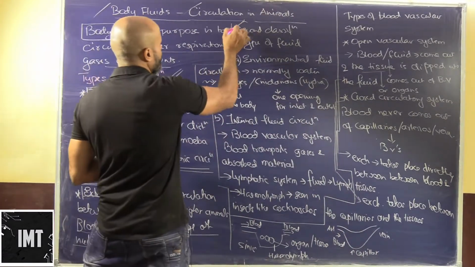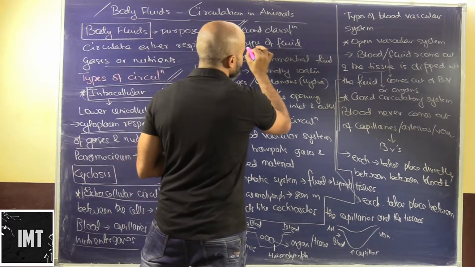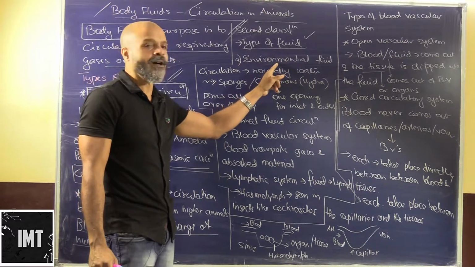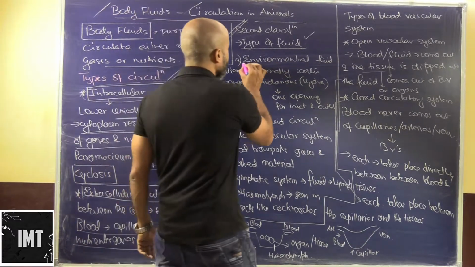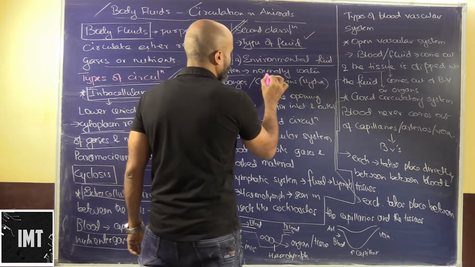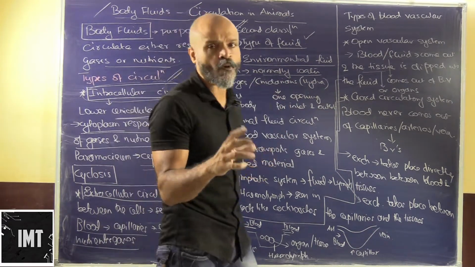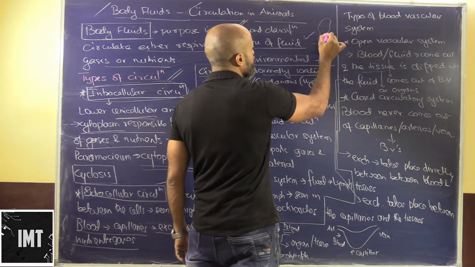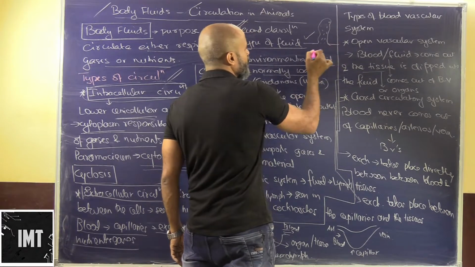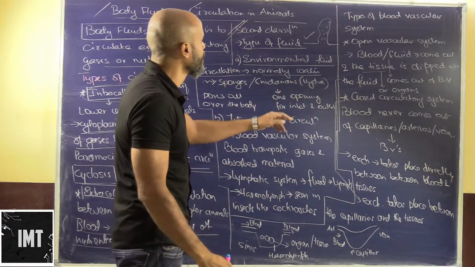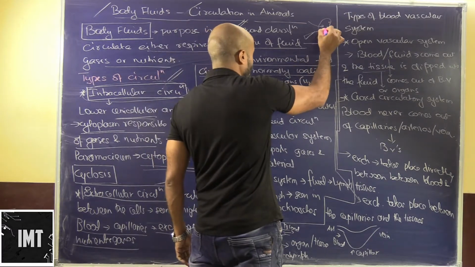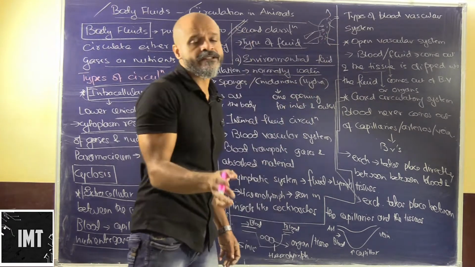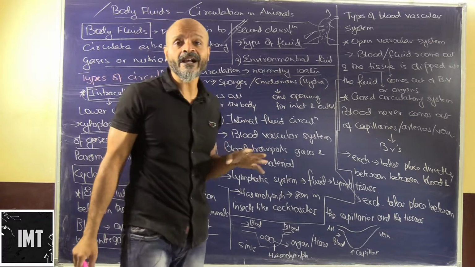The other type of classification for circulation is what type of fluid is basically taking part. What type of fluid is taking part in this kind of transport? So one, we have environmental fluid. Okay, we have seen sponges. What happens with sponges is they have a lot of pores. They are sedentary animals. They are fixed to the floor of the seabed or the ocean. Generally, they are marine. So what happens is this: the fluid in terms of water goes in and it is expelled out as well. So there is a constant circulation from the environmental fluid.